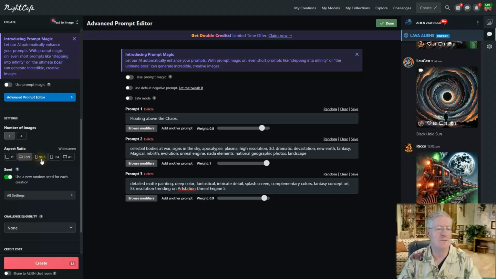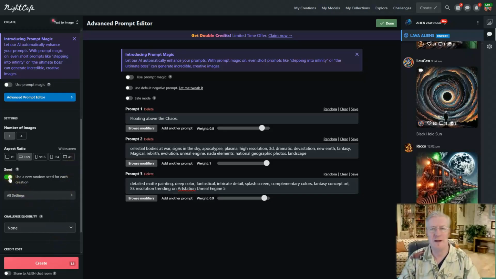If you notice, you have an aspect ratio of 9:16. That would be for like a cell phone. And then you also have 3:4 and 4:3. Those are other screen aspect ratios that you can be using if you wanted to print it out, and if you happen to have a frame that was that aspect ratio, that would be good.